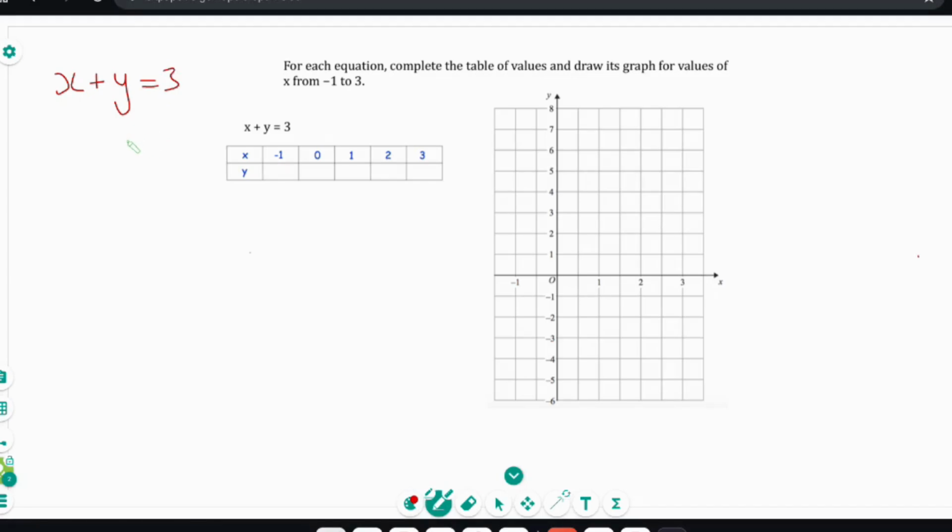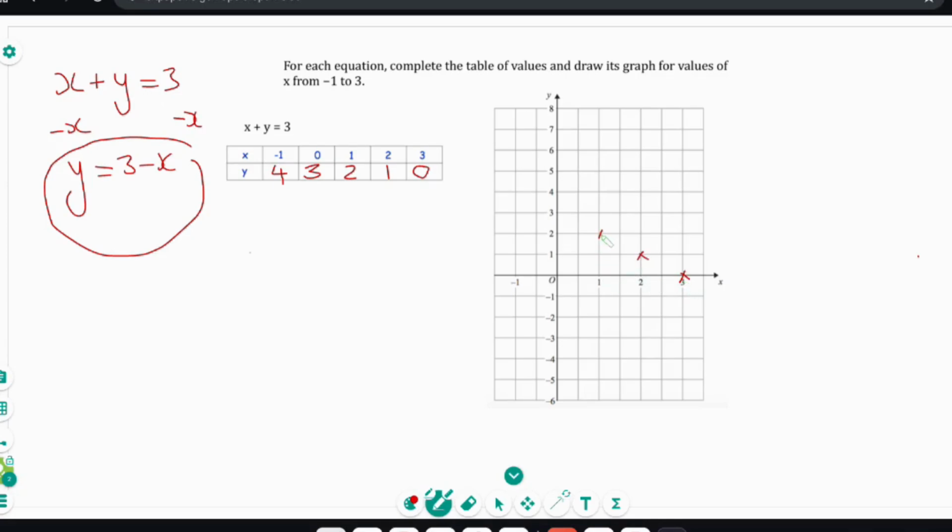So we want to leave y by itself, bring everything else over to the other side. So we're going to take x off both sides, which leaves us with y equals 3 take away x as our equation. So here x is 3, so y is equal to 3 take away 3, 0. 3 take away 2, 1. 3 take away 1, 2. So 3, 0, 2, 1, 1, 2,